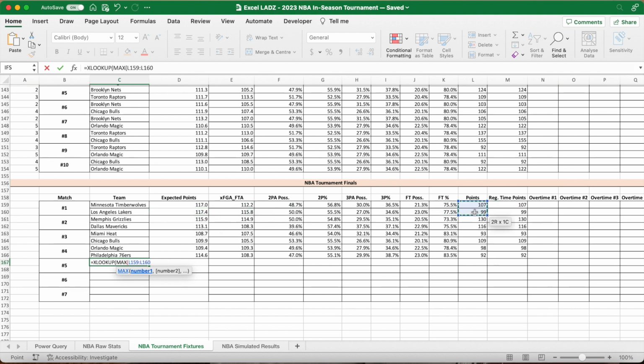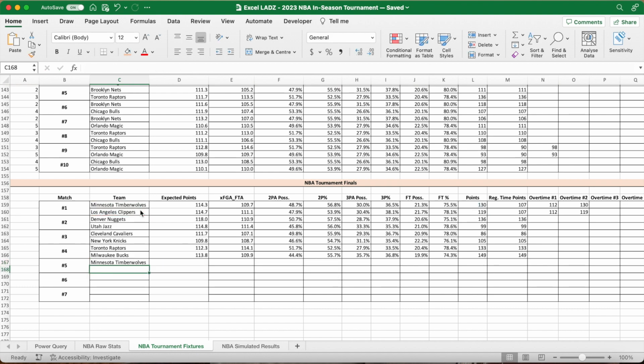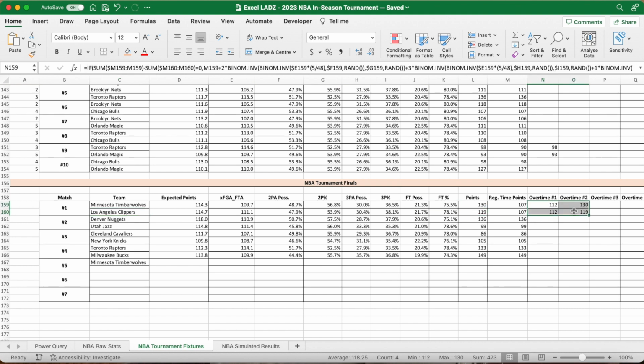So our lookup value is max of L159 to L160. We're looking for the team with the highest points there, comma, we're looking that up in the same array, L159 to L160, and then we're matching that with a team in the C159 to C160 range. So if we look here, the Timberwolves have beaten the Clippers in double overtime, so they move on to match